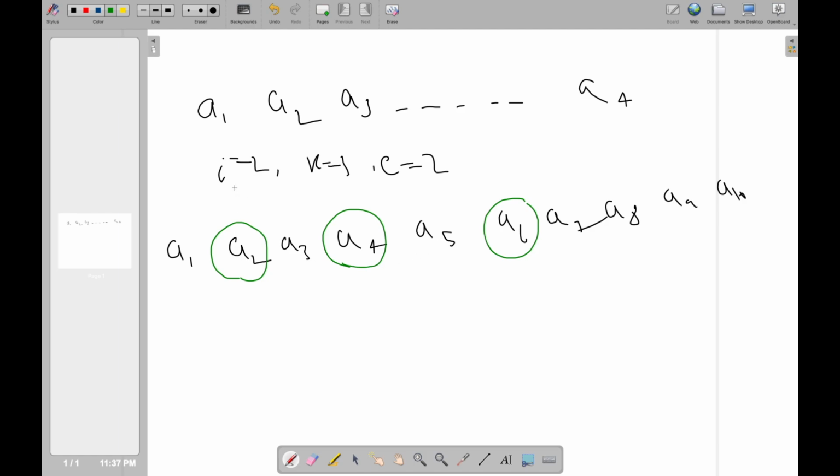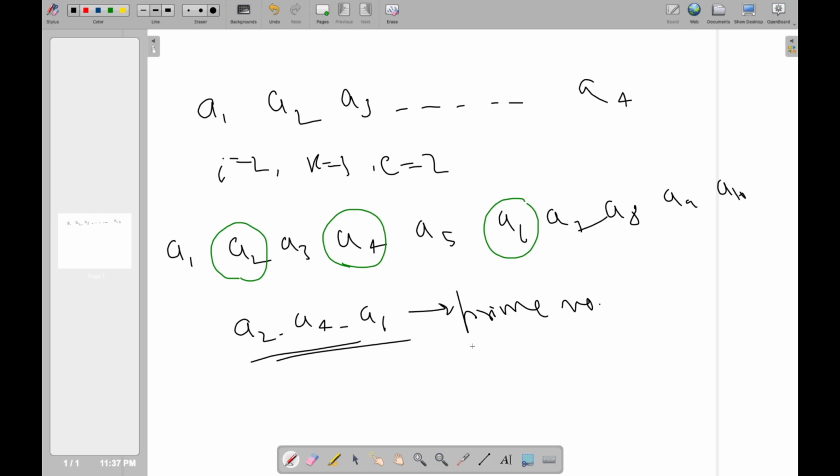So we want to tell the number of i, k such that we choose elements like this and their product, which is a2 times a4 times a6, is a prime number. And we just want to tell the number of i and k possible, both greater than or equal to 1, such that this holds. So how to do this?